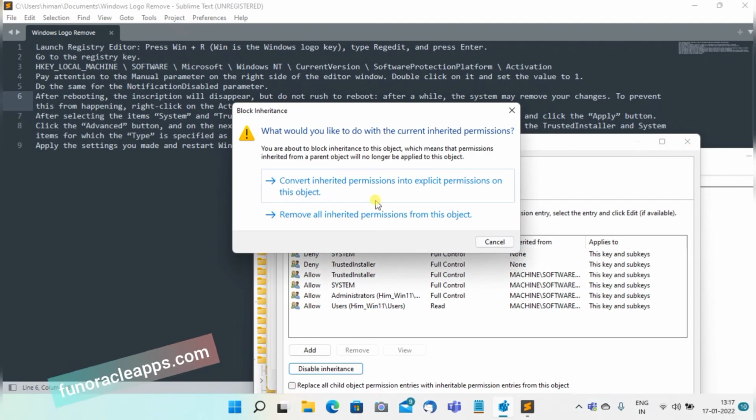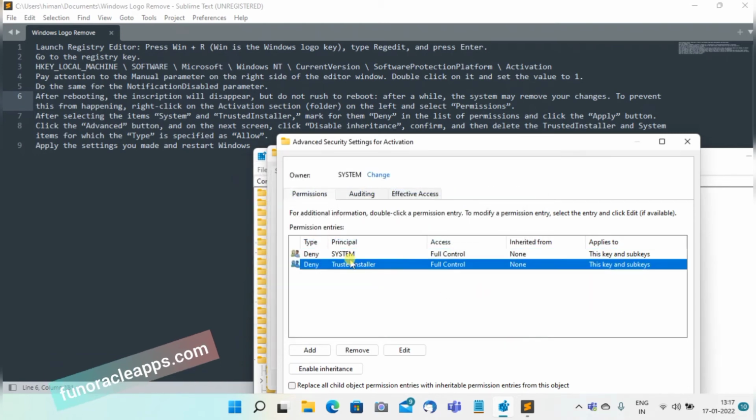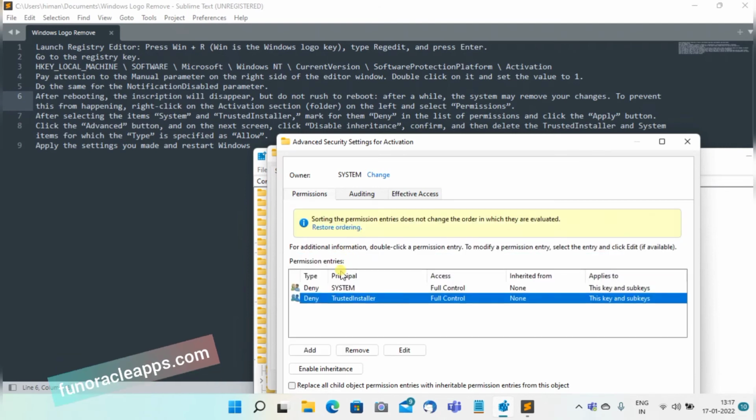Okay, so what we have to do, disable inheritance. Okay, so both are disabled.